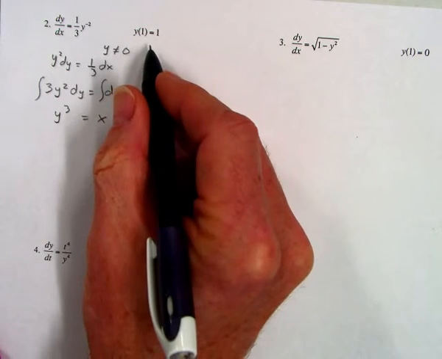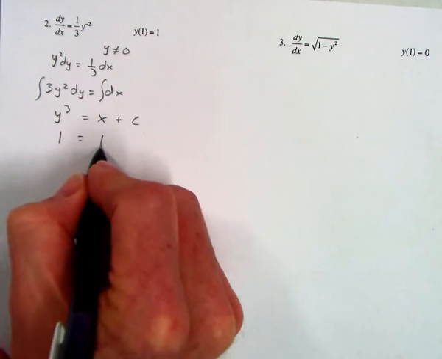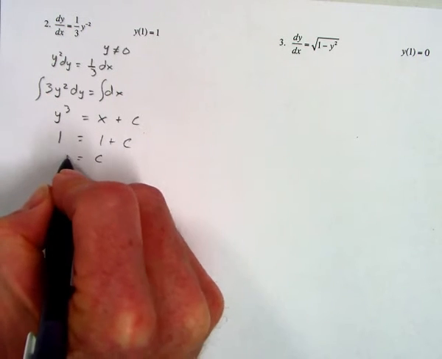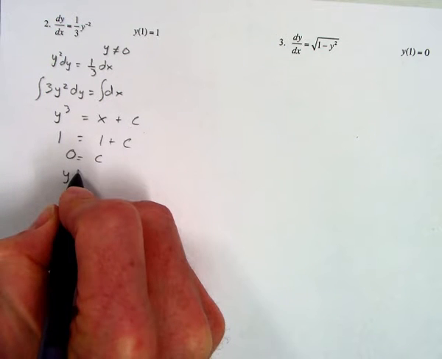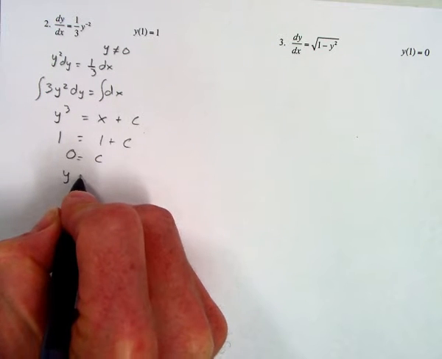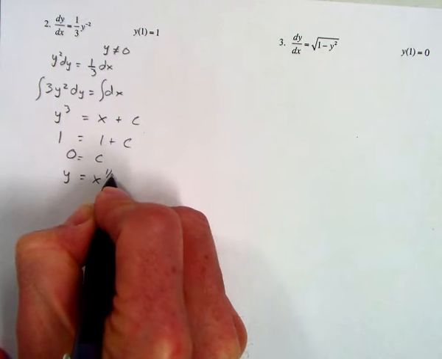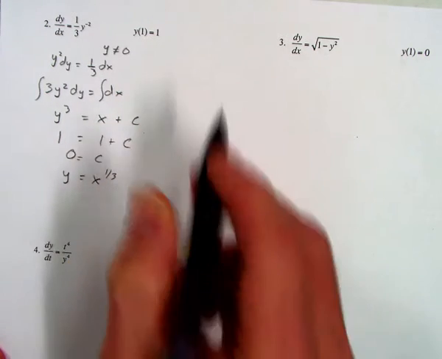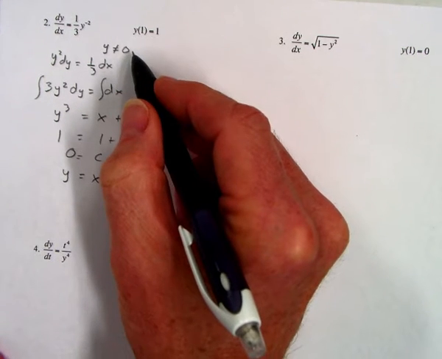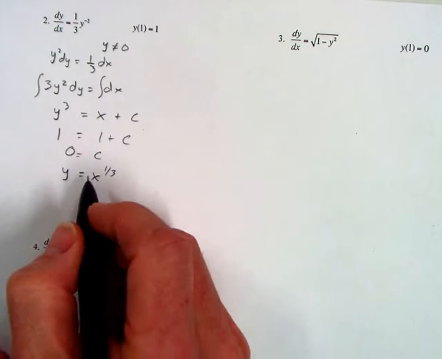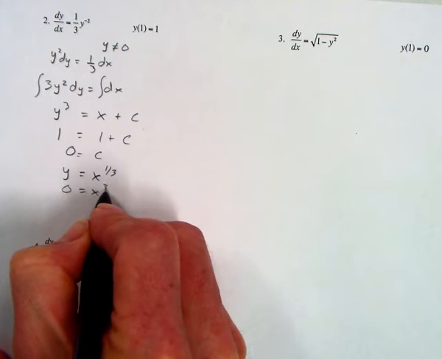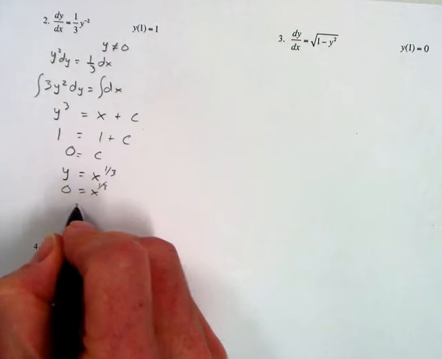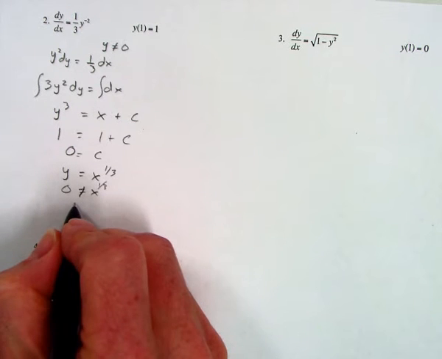We have our initial condition, 1, 1, so we have 1 equals 1 plus c. In this case, c is 0, and we get y cubed equals x, or in other words, y equals x to the 1/3. But we know that y cannot be 0. Since y cannot be 0, we're looking at x cannot be 0, because we're looking at the domain here. So if x cannot be 0,